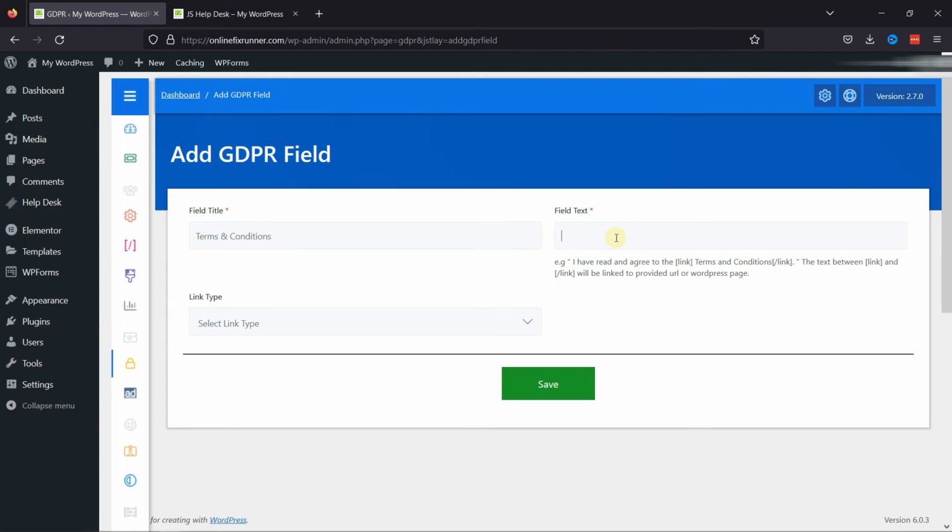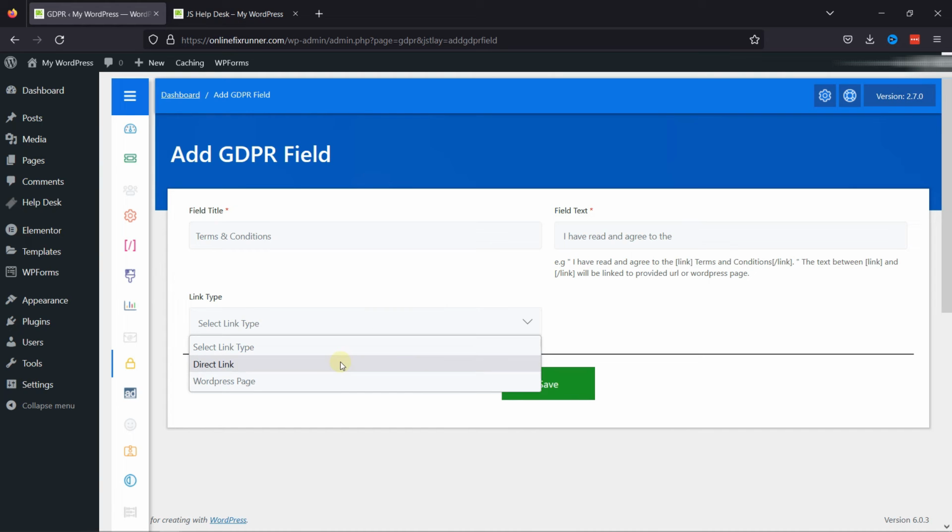In this part of the GDPR agreement, the consent statement would be written for the users. If the users agree with the consent statement, then they will check the box remaining at the left of the statement. You can customize the text accordingly. Now, here you need to select the link type. I'll link a WordPress page where all the terms and conditions will be mentioned to which users should agree and